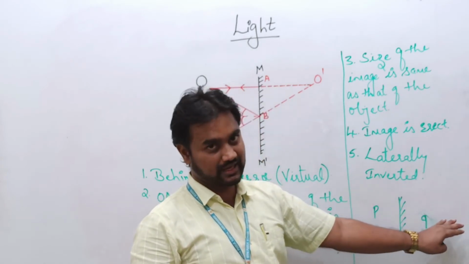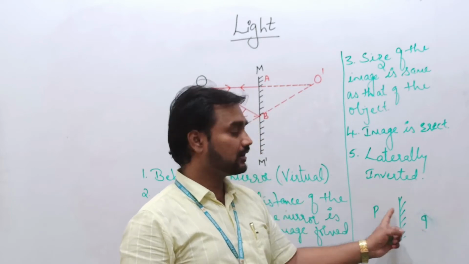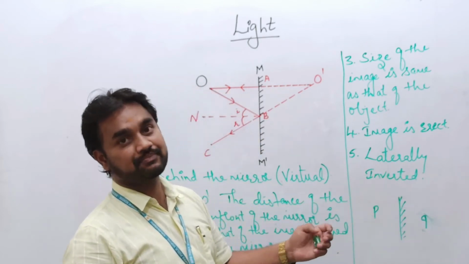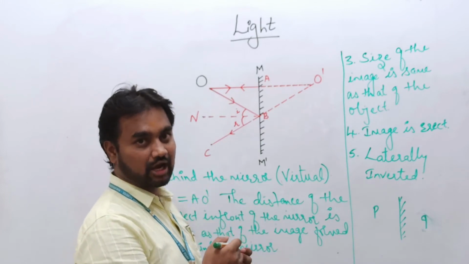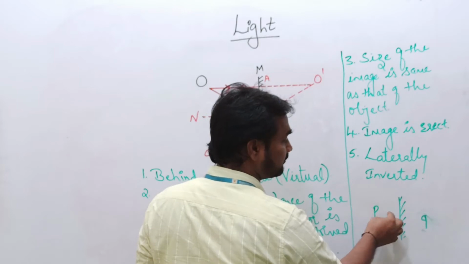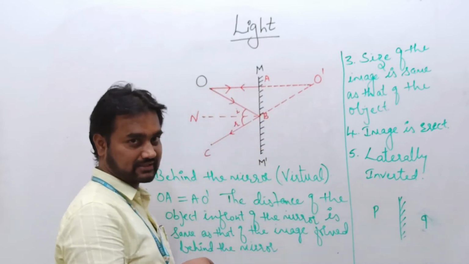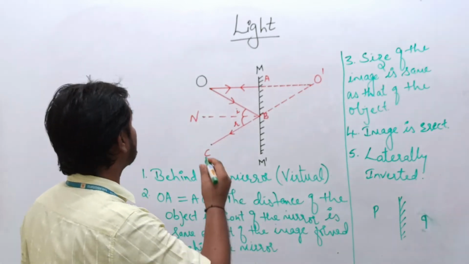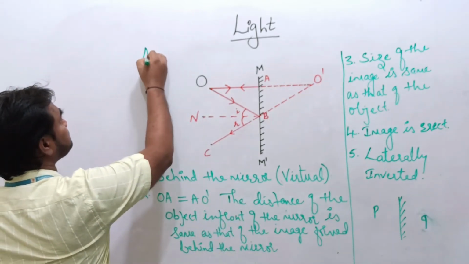Virtual because it is behind the mirror. Erect because the same side is up. Laterally inverted because the side is opposite. Here it is onto the right hand side, this P, this curve, and this curve is onto the left hand side. So that is the reason they write ambulance